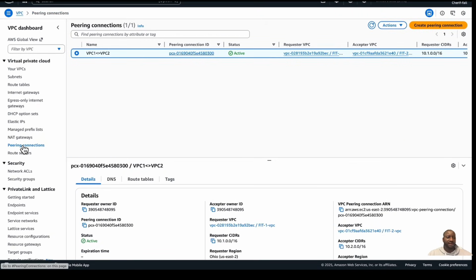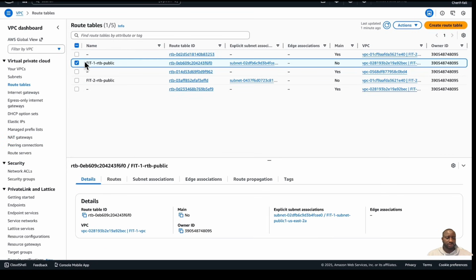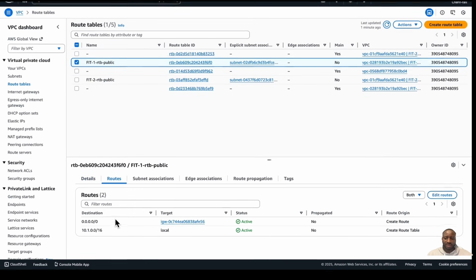Okay, now that we have set up our peering connection, it's time to go back and then edit our route tables. Okay, and to do that, you go back where is a route table right here, and then as you can see, we have two route tables, our public, the Fall into Tech route table, public 1, and then the 2. Now let's start with the 1. So you click on 1 here, and then you go where it said route table,